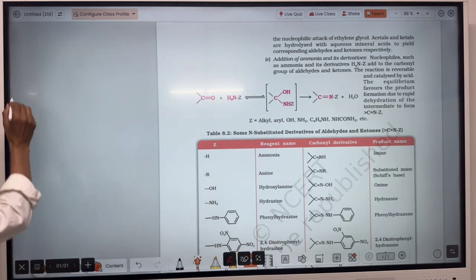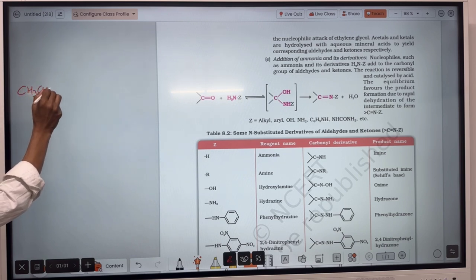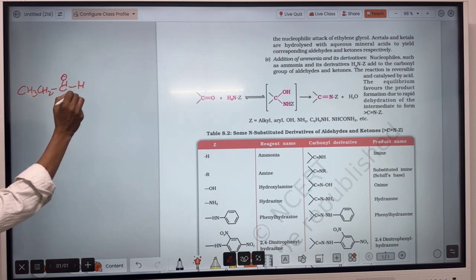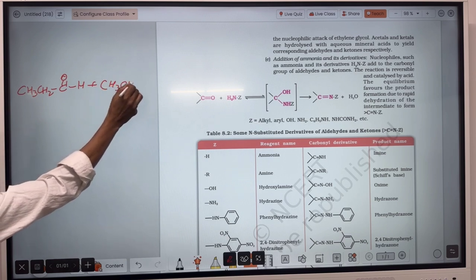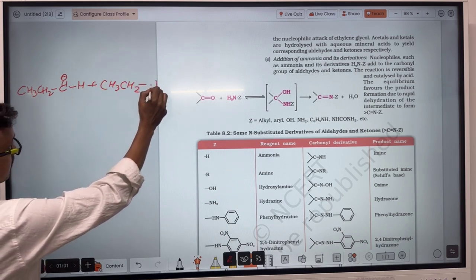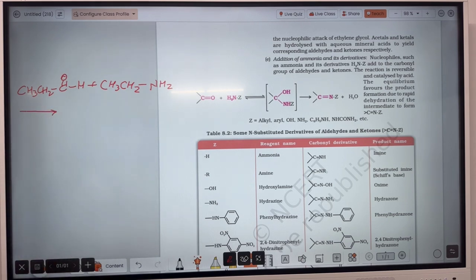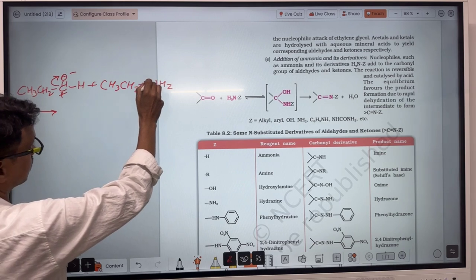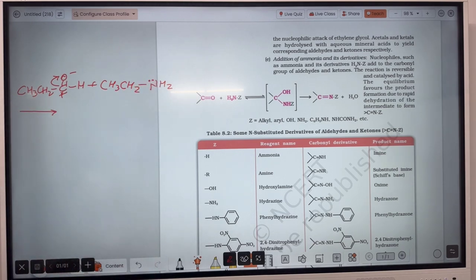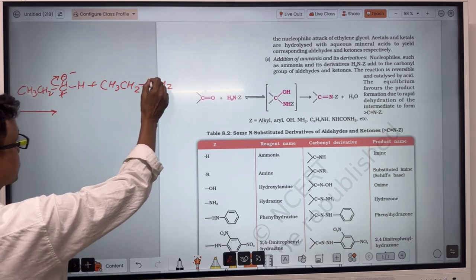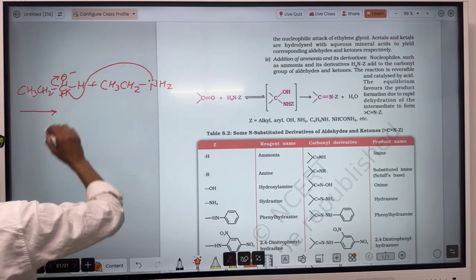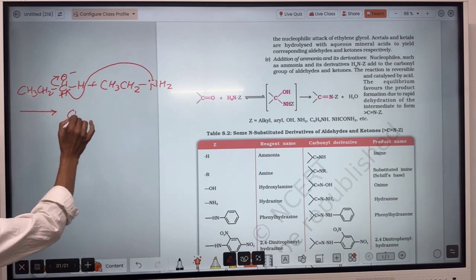amine. This one reacts with amine. So what happens? The oxygen will take the pi electron towards itself, so oxygen will have a negative charge and the carbon will have a positive charge. Then after, at the amine there is also a lone pair of electrons on the nitrogen atom, so this nitrogen will be bonded to this carbon. So the compound becomes